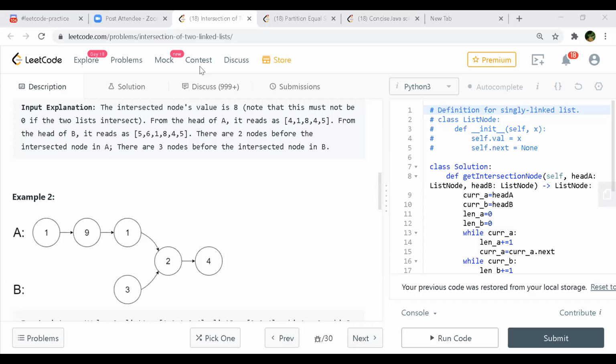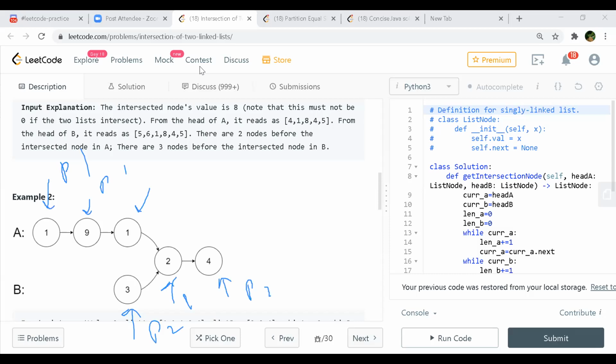I mean, when B reaches the end, you are resetting the A? No, I'm not. My A is still running. I'm not changing it. I'll just draw it here. So I have one pointer here, P1, and then this is P2. Now I do a next. So P1 will come here, and P2 will be here, right? Yeah. And then P1 will come here, and then P2 will be here.